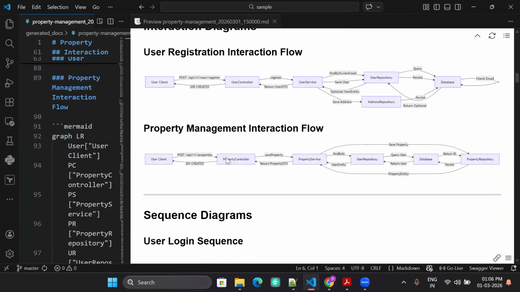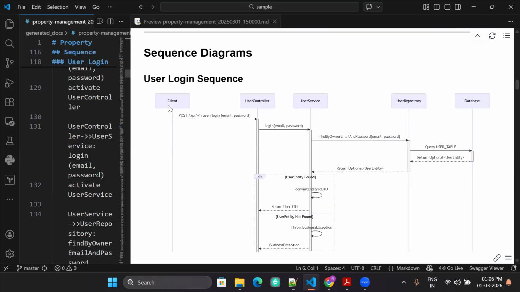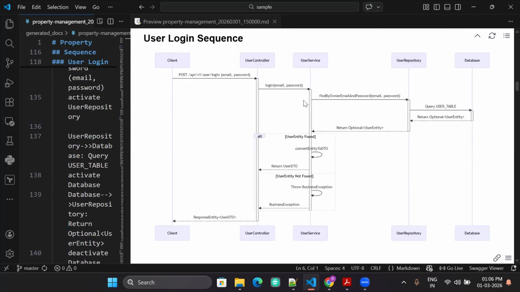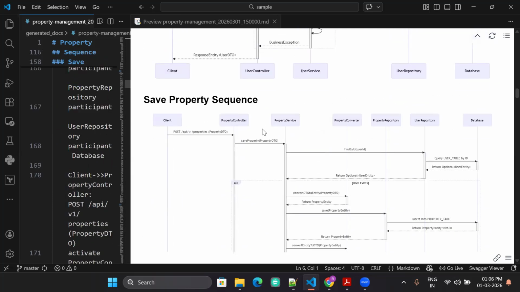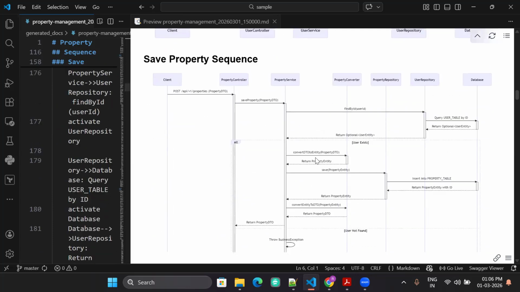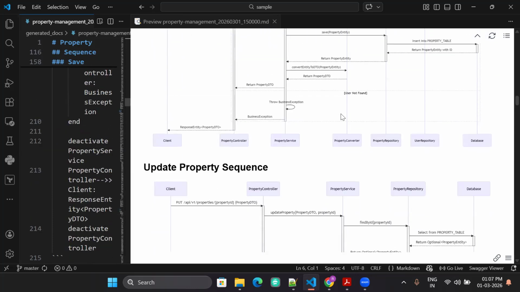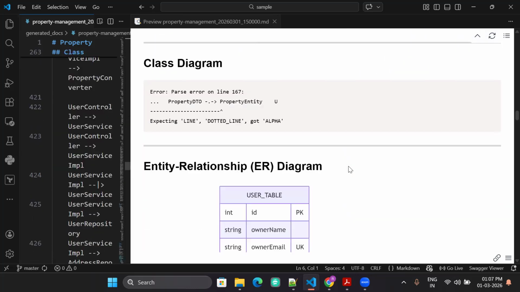Then there is a property management interaction flow. There is a sequence diagram of user login: what calls, which class, what API, what function, what data inputs and outputs. This is the saving of the property, a new property, because this is a Java project about, let's say, real estate property management. So saving the property, updating a property.